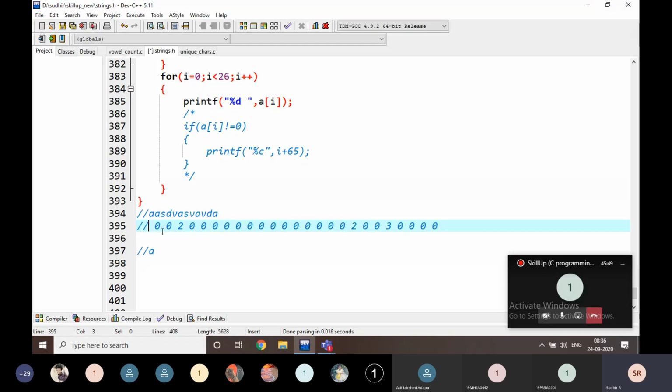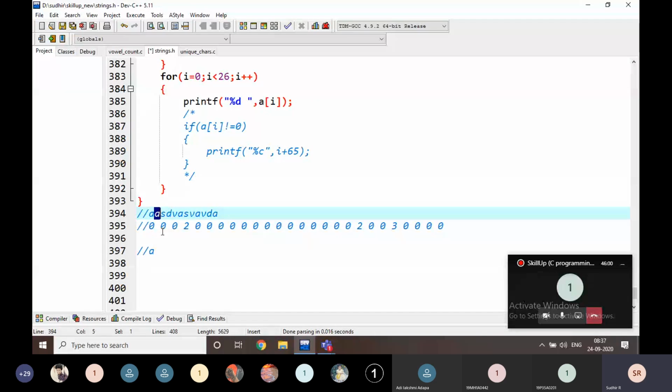Why? Because only if it is a non-zero value am I going to consider it. Then again it comes with A, but there is no positive value here. That's why I am not considering A here.